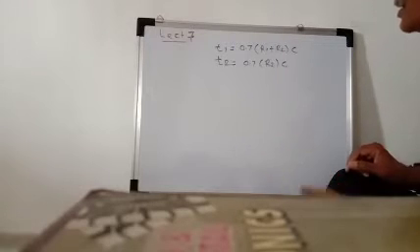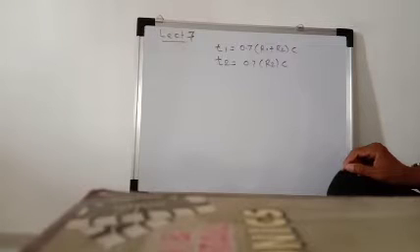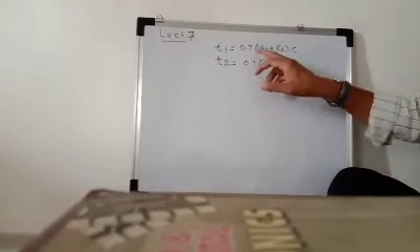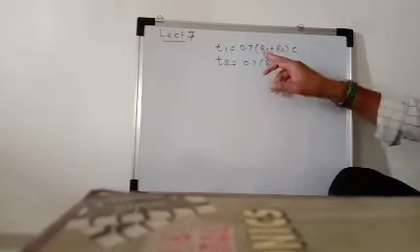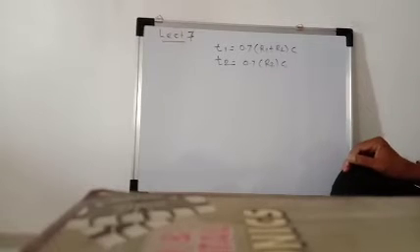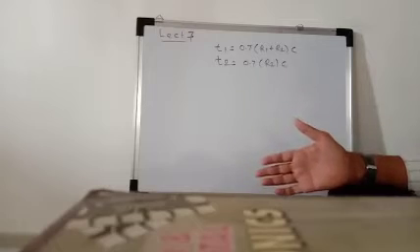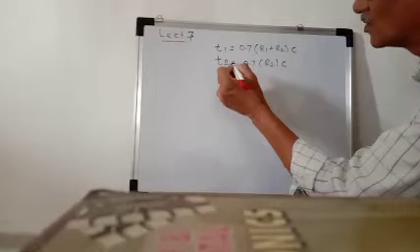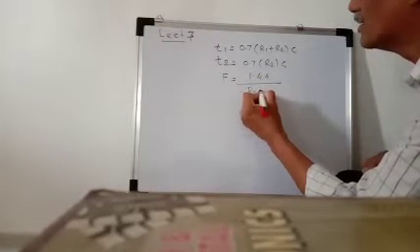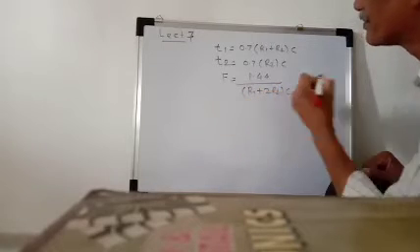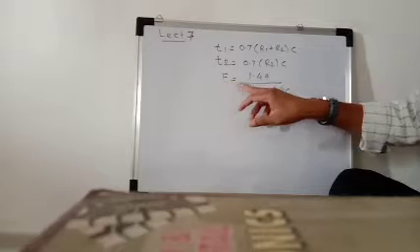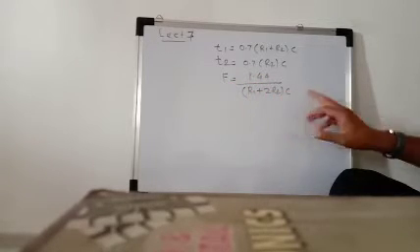And the total time T is given by T1 plus T2, that is 0.7 (R1 plus 2 R2) into C. The frequency of oscillations, the output frequency F, is equal to 1 upon T, that is F is equal to 1.44 divided by (R1 plus 2 R2) into C. The output frequency of an astable multivibrator is given by F is equal to 1.44 divided by (R1 plus 2 R2) into C.